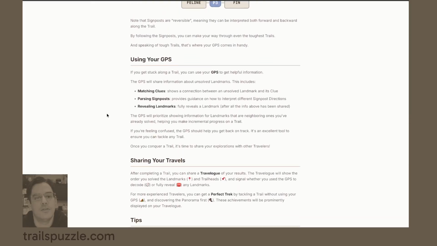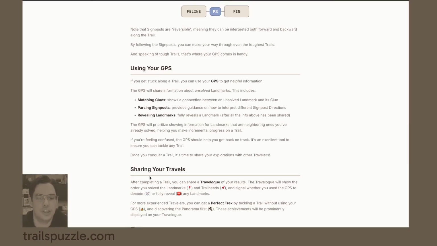The next thing I want to talk about is sharing your travels. In this section, we talk a little bit about the travelogue, which is a feature that you've probably seen in other puzzles, where when you complete a trail, you can share your travelogue with other people. It is a collection of emojis that describes how you solved the trail. Specifically, it tells you in emojis the order in which you solved the trail, and it shows the landmarks as straight pins and the trail heads as push pins,